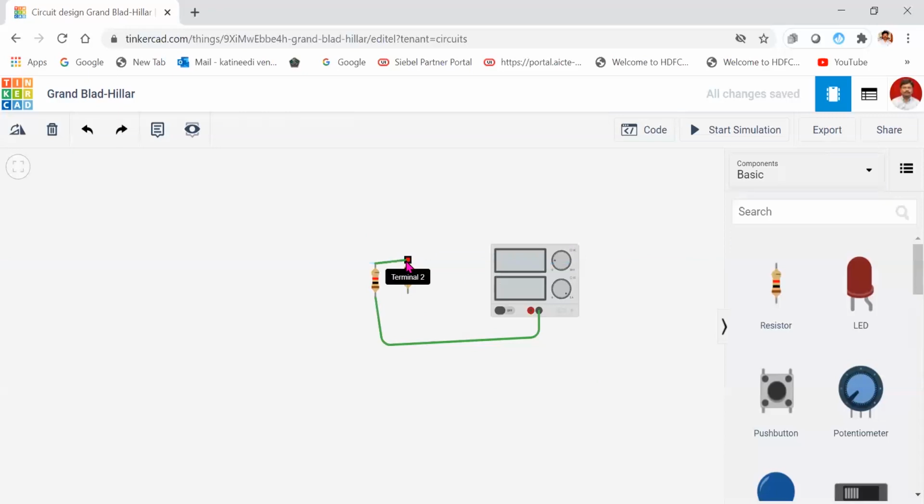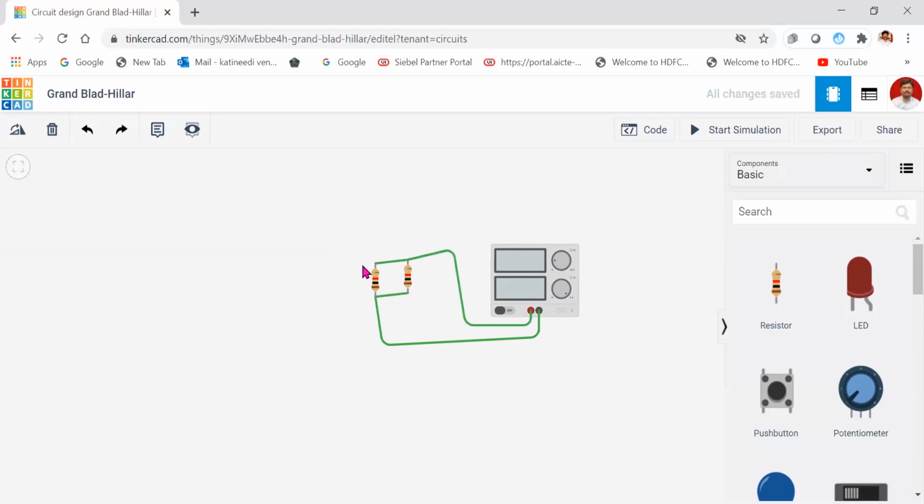Previously they were connected in series, now here I am connecting in parallel. Parallel connection is over. When resistors of 1k, 1k, that is 1000 ohms each, are connected in parallel, the equivalent resistance is 500 ohms.